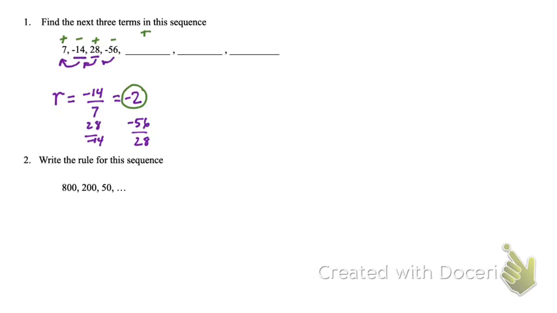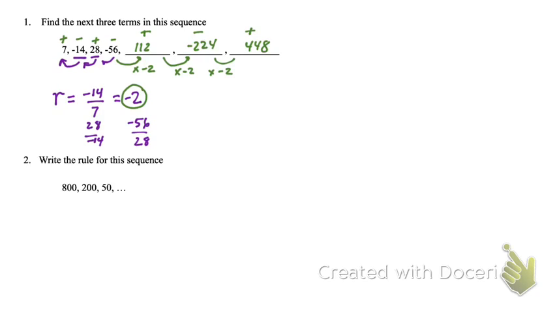So our first number we're going to find should be positive, the second one should be negative, and that last one should be positive. Well, why is this next number positive? Well, we're multiplying by negative 2. So we have negative 56 times negative 2, and negative times a negative gives us a positive 112. Then we go to the next one, we multiply by negative 2. Now we've got a positive 112 times a negative 2, and we get a negative 224. And now we have a negative 224 times another negative, and negative times a negative switches it back to positive